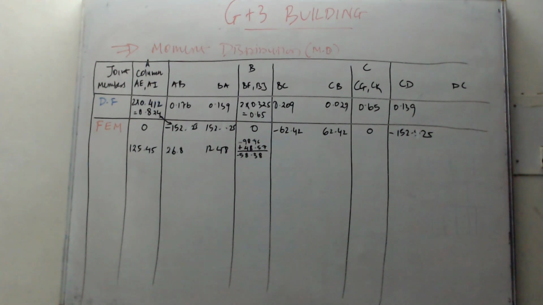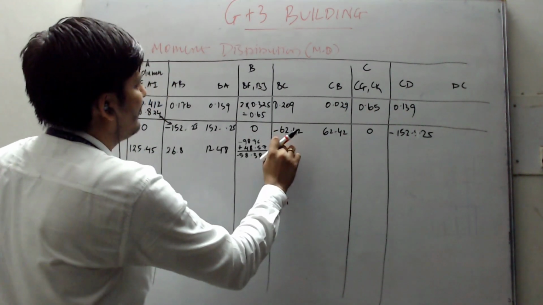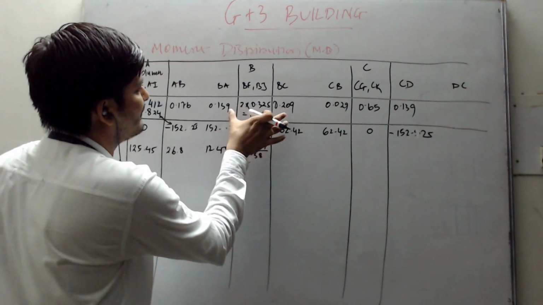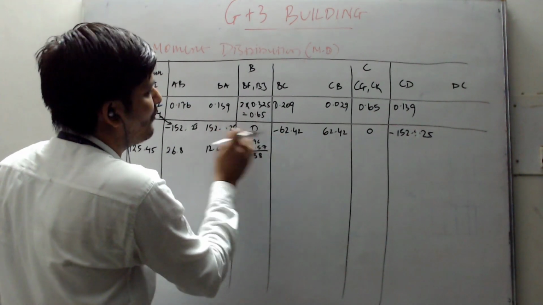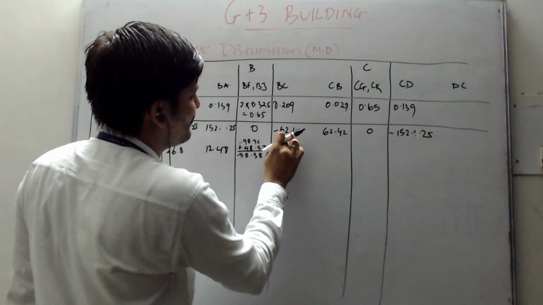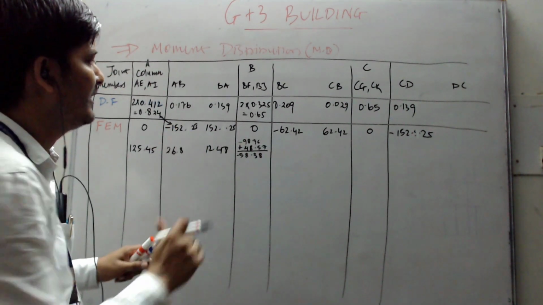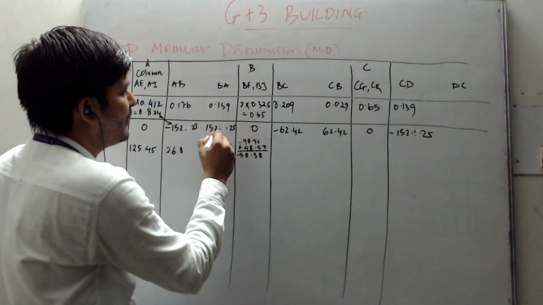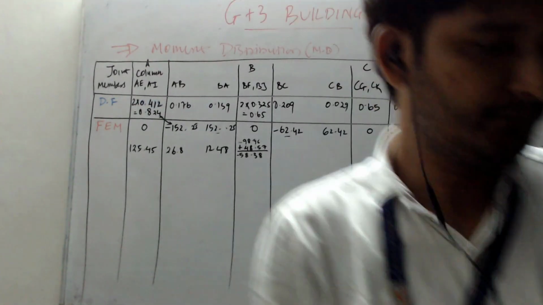Again, when we reach point BC, right? So at this point, BC point, we have two moments here, that is 152.25 plus and minus 62.42. So at this point, my net moment will be 152.25 minus 62.42. So let me explain this. At point BC,